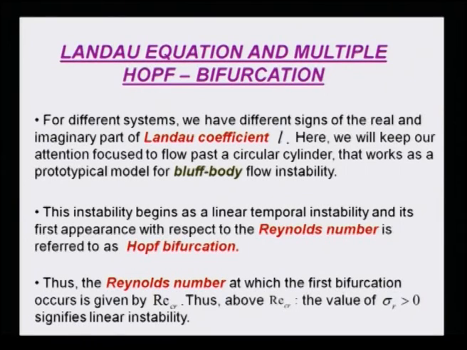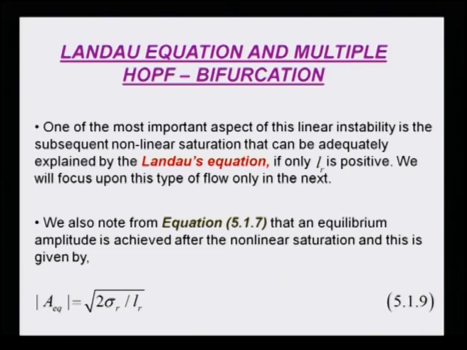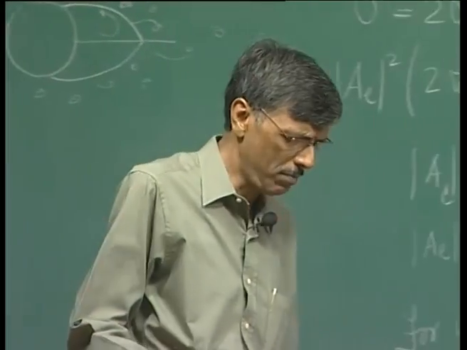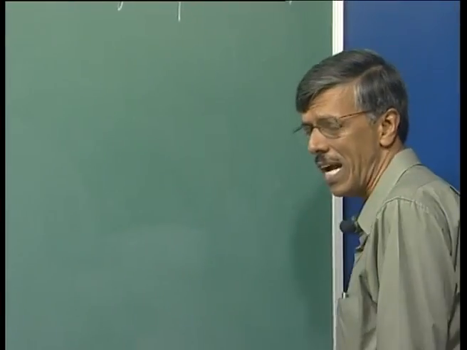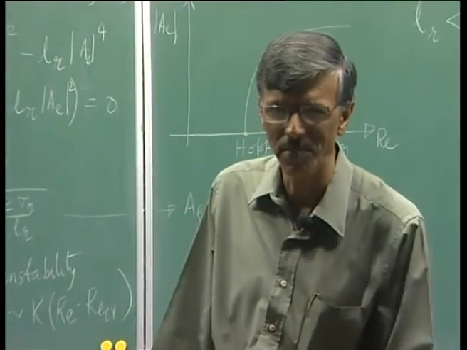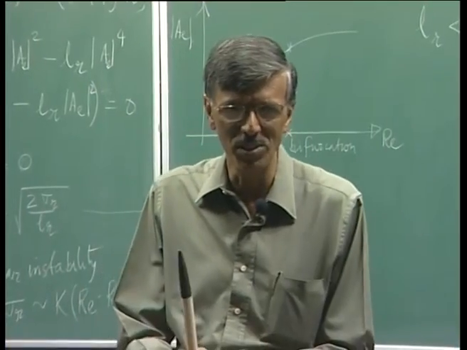So, we have talked about all of this. There is nothing much that we need to add to that. We did also talk about the equilibrium amplitude as given there. We have shown it. So, we could talk about an equilibrium Strouhal number. There were lots of attempts in the 70s and 80s. People have spoken about describing this nonlinear action in bluff body flow instability by measuring Strouhal number. It is an easy thing to measure, because unlike the amplitude, you will have to put in a probe,